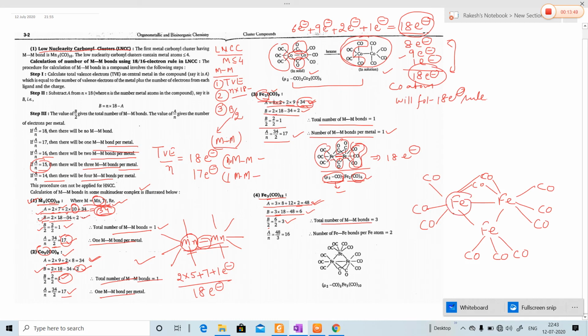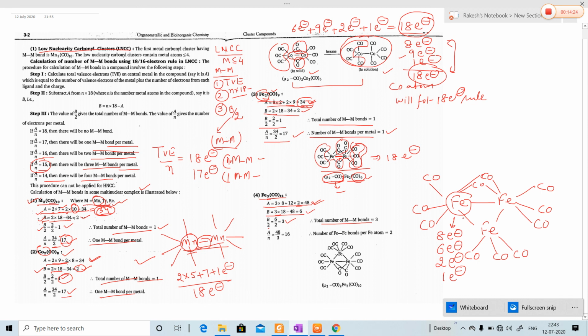So here iron will have 8 electrons. There are 3 terminal carbonyl groups that will contribute 6 electrons. Then 2 carbonyls are at the bridging position. It means there is 1 electron from each bridging carbonyl. There is one single bond between the 2 irons that will contribute 1 electron for each iron,